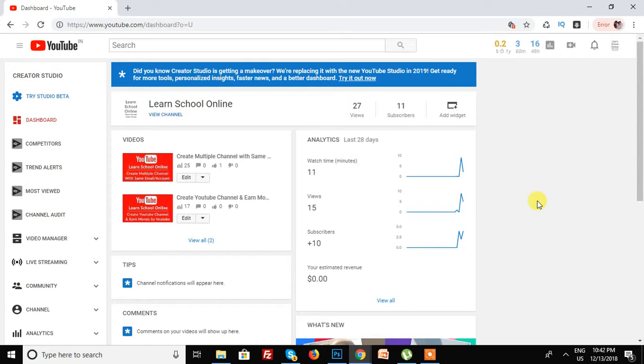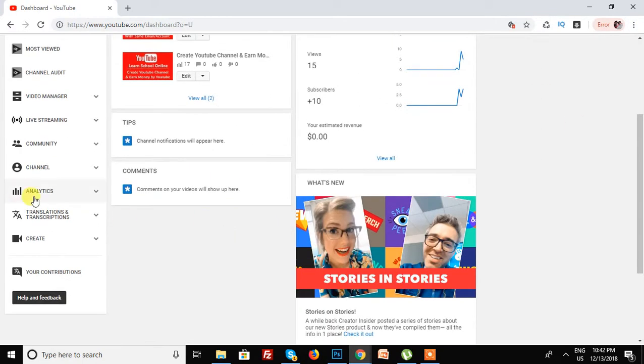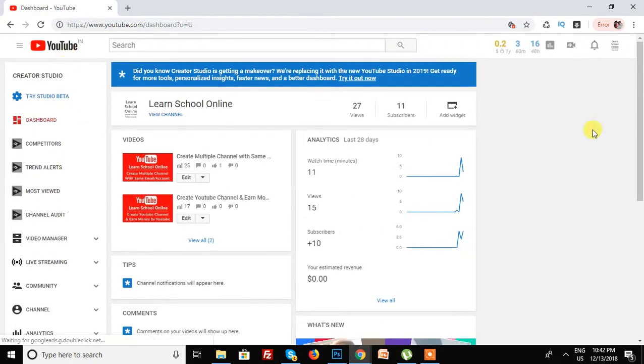Keywords make it easy for YouTube to find your content and to show your content related to your keywords to your users. So first of all, we are going to the channel. It's on the left side in your Creative Studio.